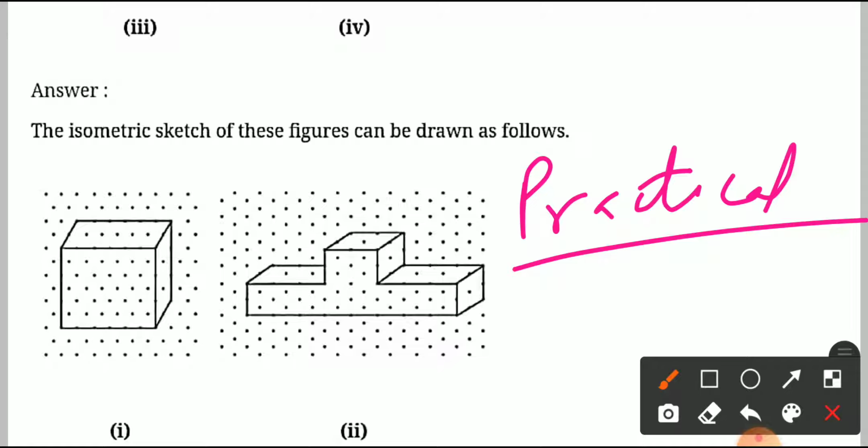Now, the most important thing you have to notice here, the dots. Okay, if you go to a stationery shop, they might give you paper like this. This is not isometric paper, this is square dot paper. Why? The structures made are square. But if you see isometric paper, it has equilateral triangles. They are making equilateral triangles. Okay, that is the difference between square dot paper and isometric paper.